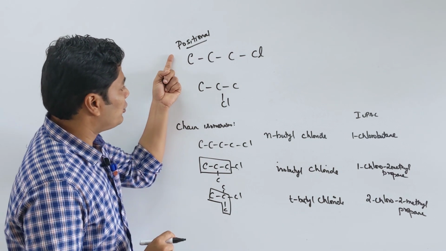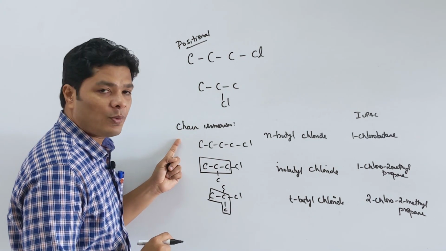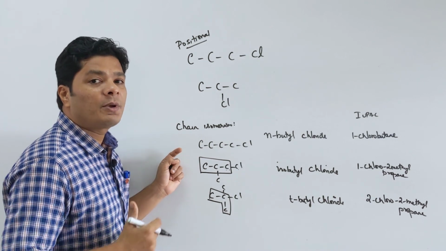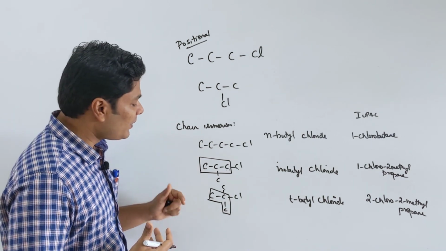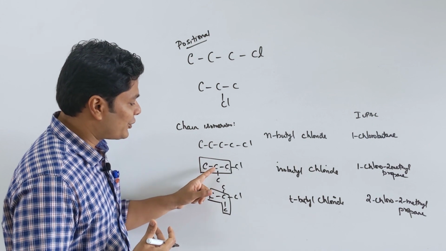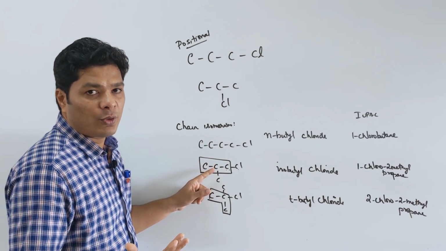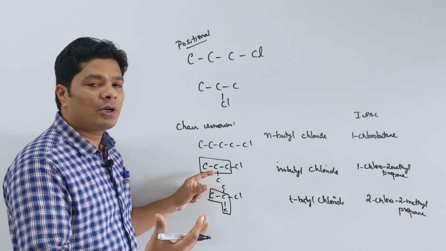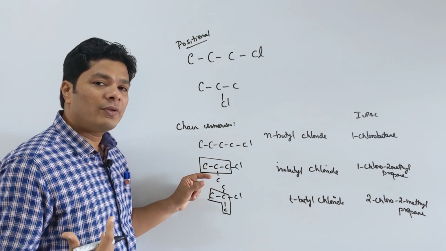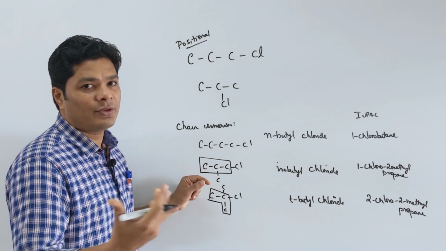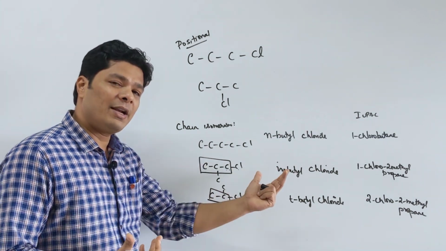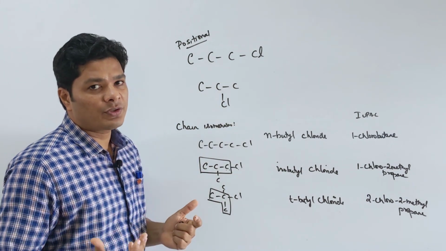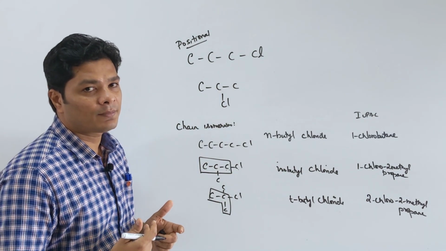So now I told you positional isomer is possible, chain isomer is possible. There is only one other isomer that is possible. It's optical isomer, and that's pretty simple. If you have, for example, a carbon attached to 4 different groups, then it will be an asymmetric carbon. We have seen that before. And if it happens to be a carbon-chlorine bond, it is going to be a compound with asymmetric carbon and an alkyl halide. So it is possible. That we will deal with separately. We have already seen optical isomerism. So these are the only 3 isomerisms possible for alkyl halides.